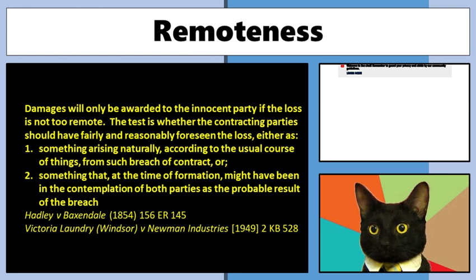And this is quite hard to get your head around because it's tricky. This is actually quite a tricky rule. In order to determine whether this chain of causation to some harm that happened through a whole series of events later on is too far removed, we have to apply this test. Is it something that occurred naturally as a probable or reasonable consequence of the breach, or is it something we might have contemplated at the time of formation? If either of those things are true, then the plaintiff can tick that box. It's not going to be too remote. They're going to be able to seek some form of compensation for that breach of contract.